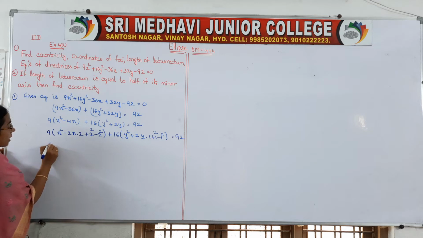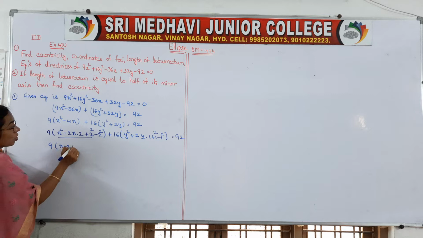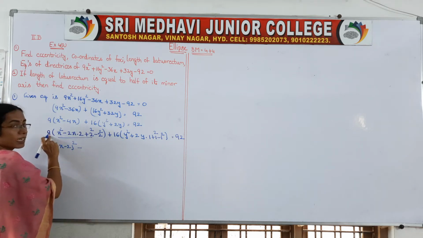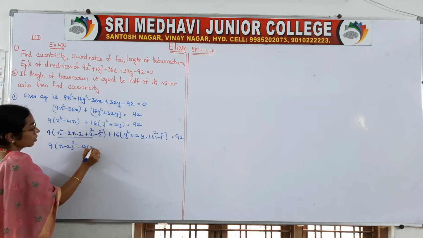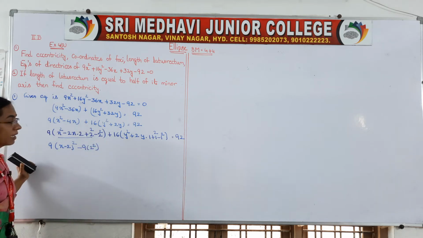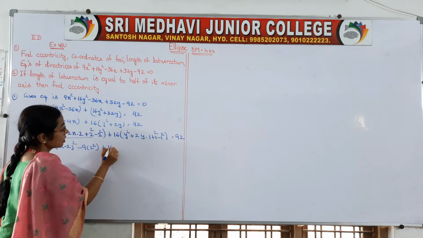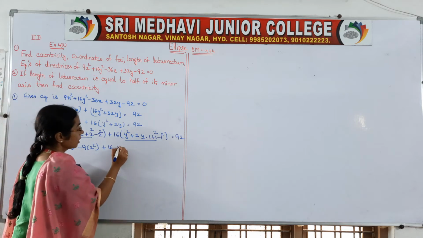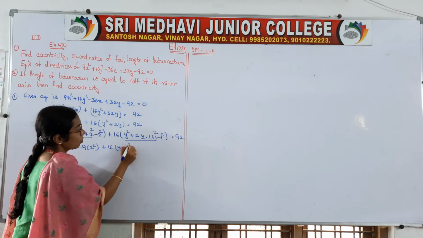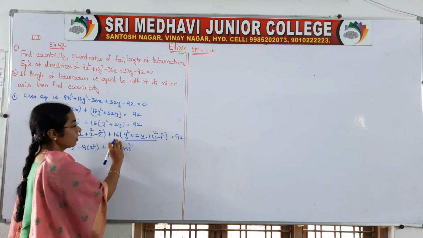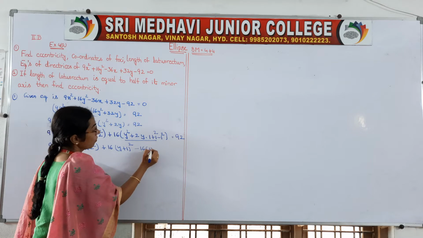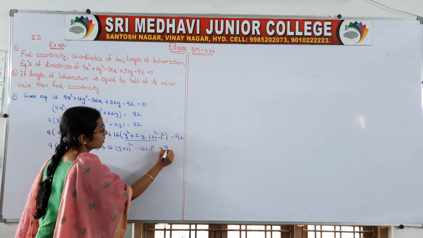Okay, so 9 into, from here to here it is (x minus 2) whole square, and you send this value outside. Outside, 9 is there, isn't it? 2 square from the bracket. Next plus 16 into, from here to here it is (y plus 1) whole square, and send the constant outside of this bracket, that is 16 into 1 square, right,